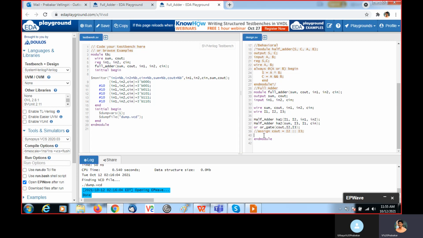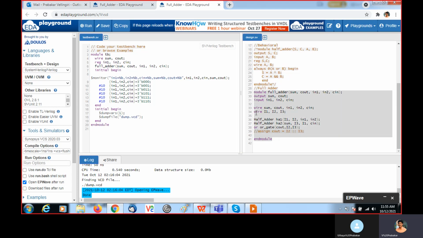This is one way. And if you want to use gate level modeling, you can use the OR gate, which is available as a predefined primitive. This is the instance name, you can give any name here. First one is the output followed by inputs. We will see the different types of modeling separately.